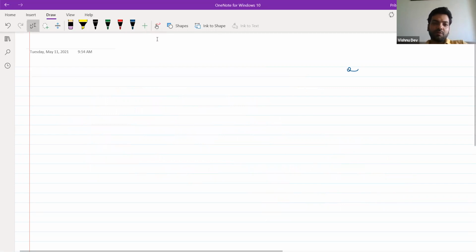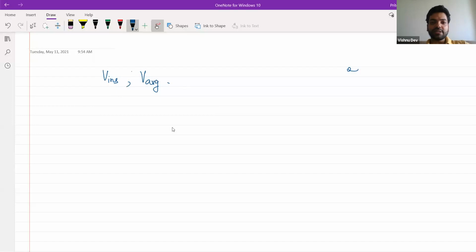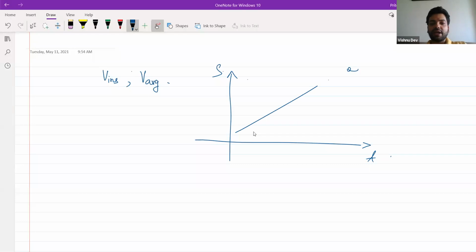Now one of you asked me to go through a problem related to finding instantaneous and average speed. I'll just give you an idea, because the problems related to it are quite advanced. We'll mainly be doing these kinds of questions, which involve a little bit of calculus, in the foundation class. So I'll give you a simple idea. Let us say this is displacement, this is time. If I give you a graph